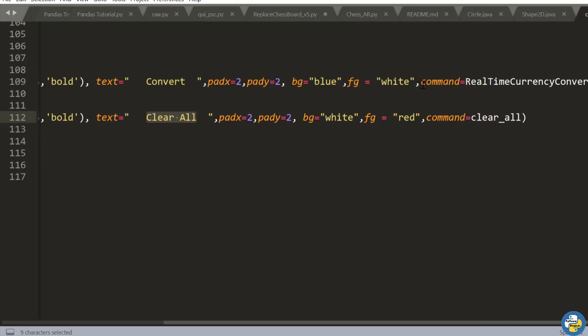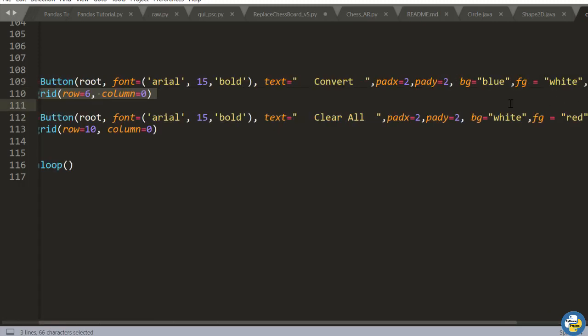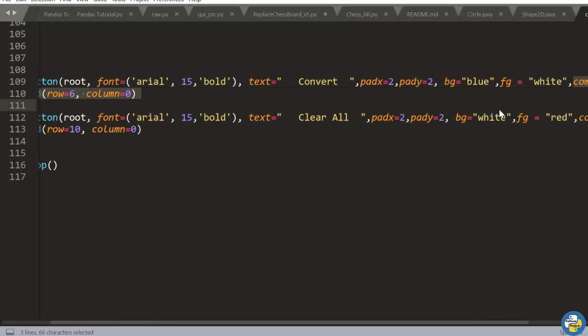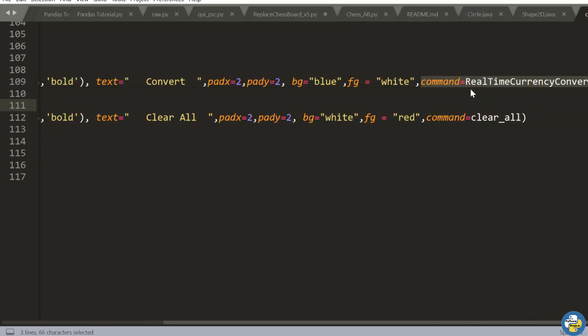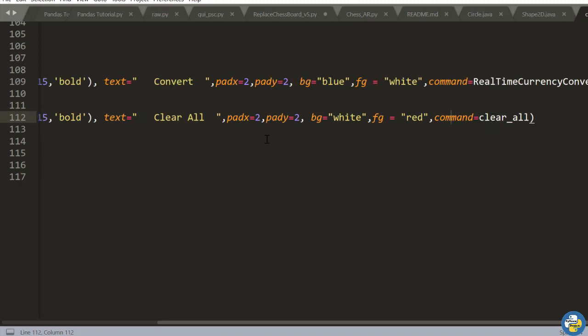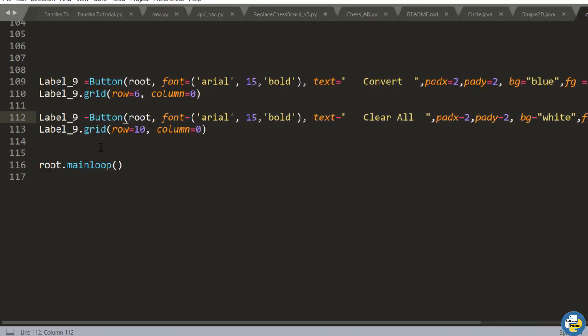This command attribute, command equal to function, this command equal to real time currency conversion, this is our function. So on clicking this button, this particular function will be called, and on clicking the clear all button, the clear all function will be called, and according to this our GUI will work. So I hope you understood the code.